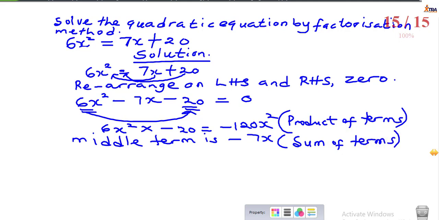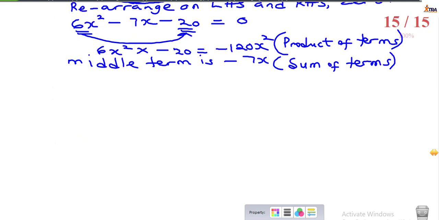So now we need to look for terms written in x that will give us minus 120x squared, and when we take the same terms and find the sum, we get minus 7x. We can get that from the product. The product says minus 120. So, minus 120, if you go back to something like this, 120,